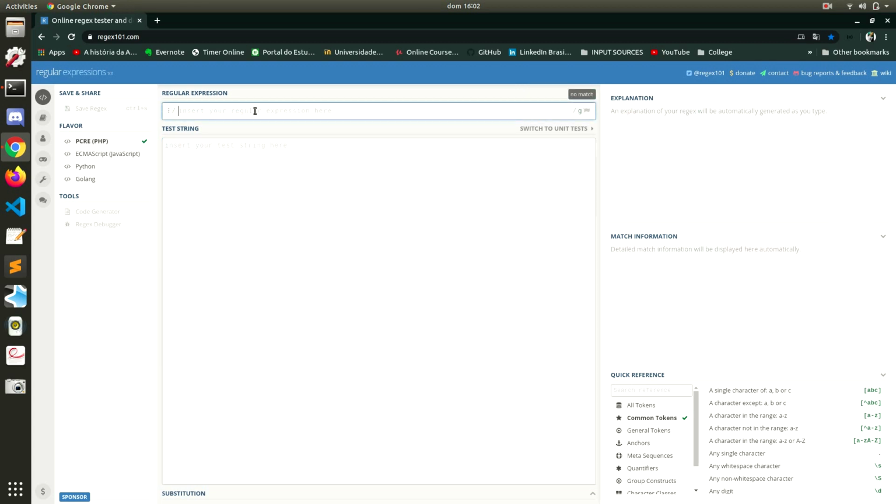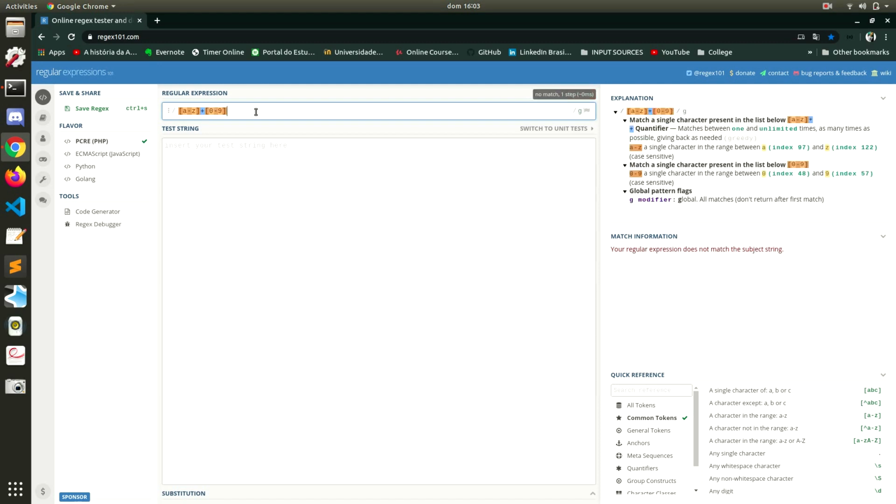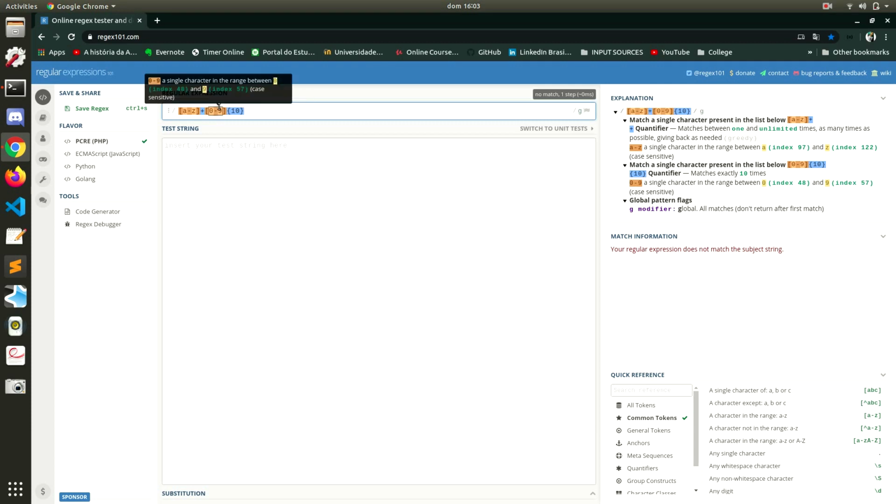This is going to be huge, so be prepared. We're going to have a char set that specifies any lowercase letter and is followed by the plus quantifier that indicates one or more occurrences of the character before it. So one or more occurrences of any lowercase letter. And this pattern is followed by another char set that indicates a range from 0 to 9. After it, we have a quantifier that indicates the exact number of times that any number in this char set